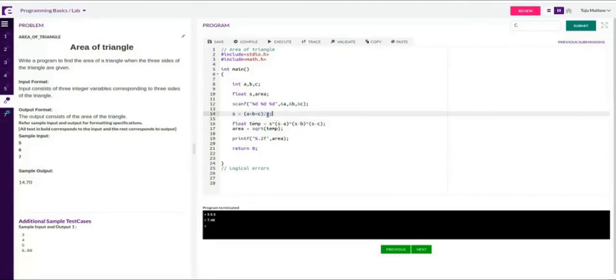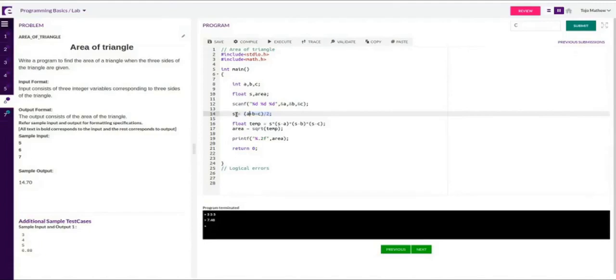Okay. Now in this case, since all the operands are of integer type, the result also will be an integer type. This RHS part. Now my failing input is 5, 5, 5. 5 plus 5 plus 5 is 15. 15 by 2, mathematically it is 7.5, but since in C programming all the operands are of the same type, the result also will be of integer type. That means from 7.5, the 0.5 will be truncated, and we get 7. When that 7 is assigned to S, after this RHS computation only, it will be assigned to the LHS variable. So that 7 will become 7.0.